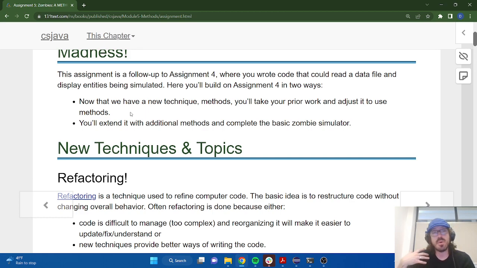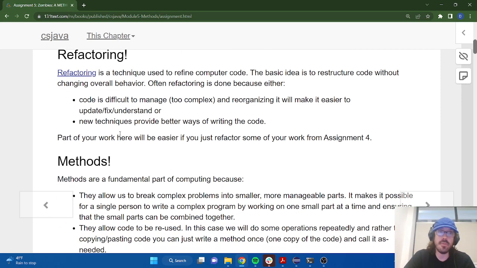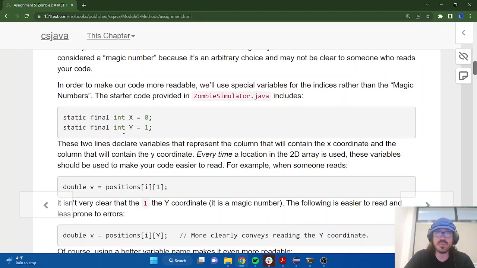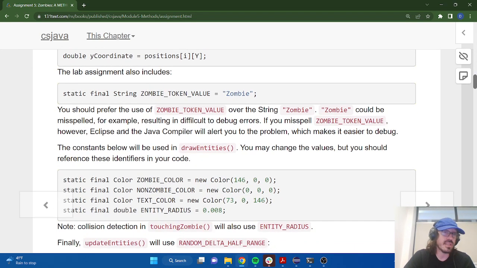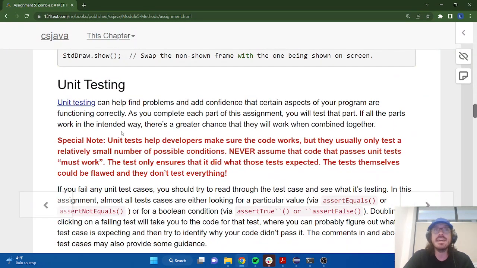So, I spoke about this in class. Anywhere that you notice some repetitive kinds of behavior, things like that, we can use methods to abstract that behavior out and give it a name and do it that way. And so that's what we're asking you to do. Your code's going to do a lot of the same stuff that it did last week. We are going to ask you to add in a few additional things this time around, but for the most part it'll do the same thing that it did last week, and it's just going to be using methods to help organize and explain the behaviors that are going on